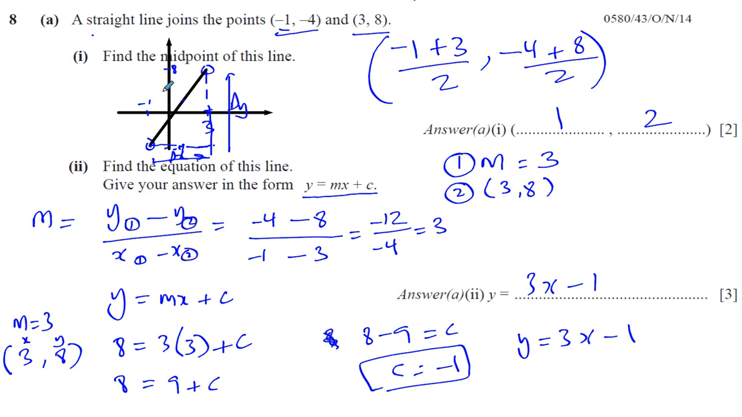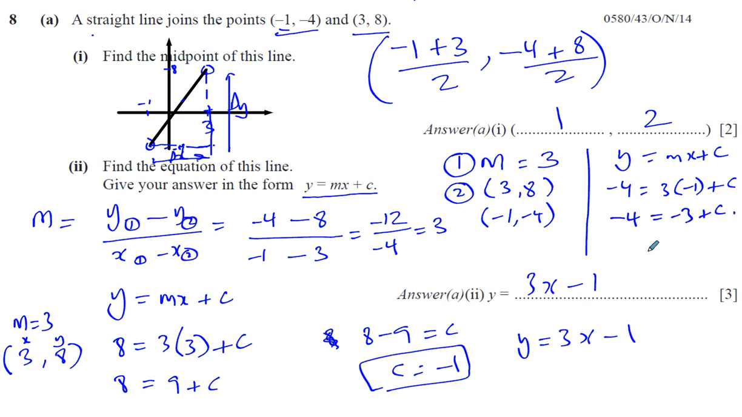And just to show you, if we had used -1, -4 instead, that we get the same answer. We have y equals mx plus c. So y is -4 equals m, which is 3, times -1, plus c. So you have -4 equals -3 plus c. So c is -4 plus 3, which gives you the same answer. C equals negative 1. So we have y equals 3x minus 1. Okay, so that concludes question 8a. I'm now going to go on to question